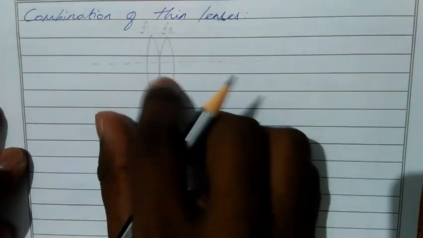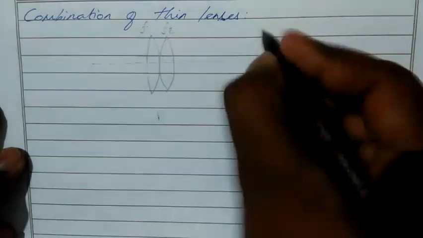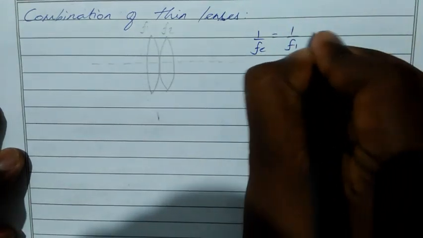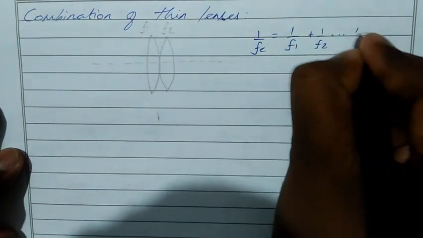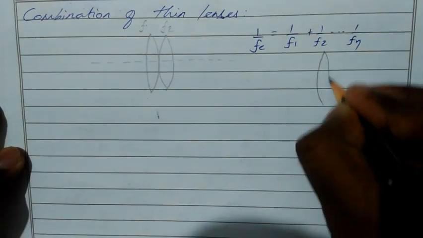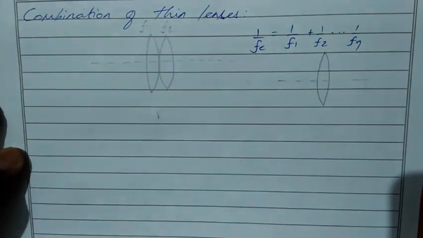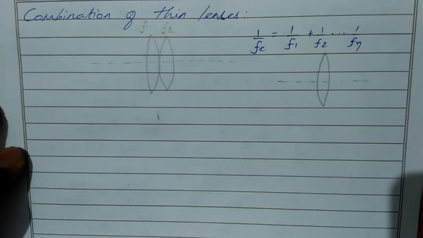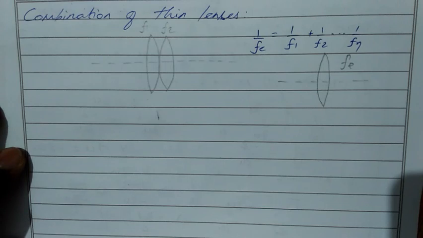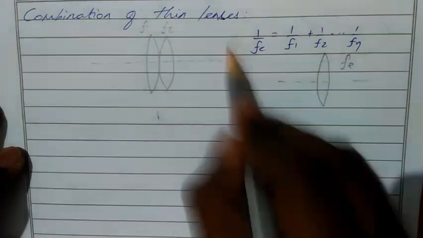The total focal length or equivalent focal length is nothing but summation of all the focal lengths. Okay. So for these two lenses, we have one resultant lens, one equivalent lens. For resistors also we draw like this, one equivalent resistance, the final answer. So this is equivalent lens focal length. Okay. So we derive an equation to get this value.